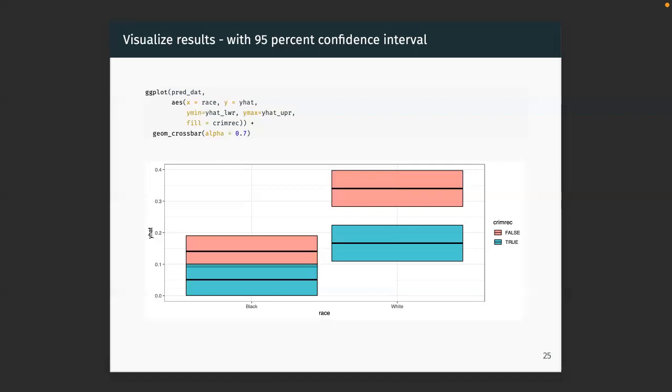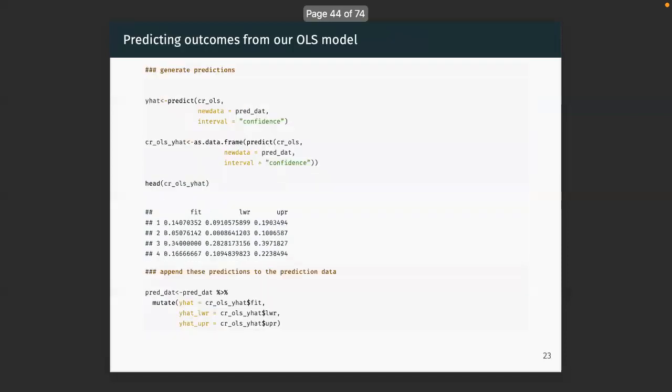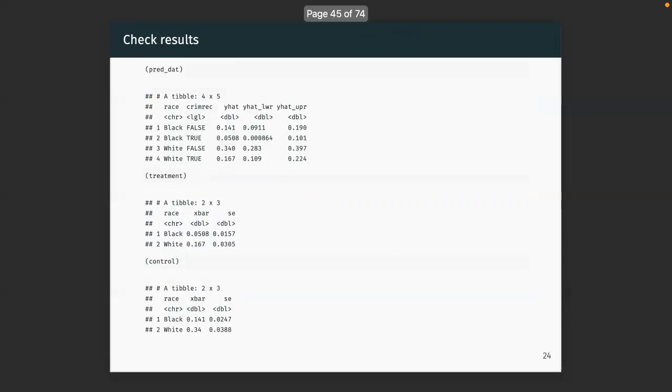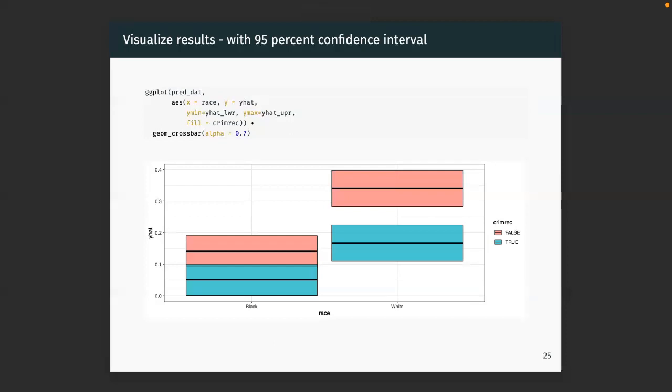So this is a nice plot, right? I think this is actually more fun to look at generally than this. So in my papers, I tend not to show this. I tend to show something like this. It's the exact same results. It's just presented in a different way. I'm using predictions to get things on the scale of the outcome, because what we're really interested in is expected callback rates. That's what we're after. I'm not necessarily interested in beta 1 itself. I'm interested in how it affects callbacks. And this shows us. Okay, so